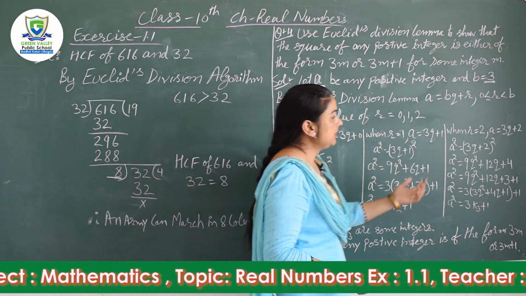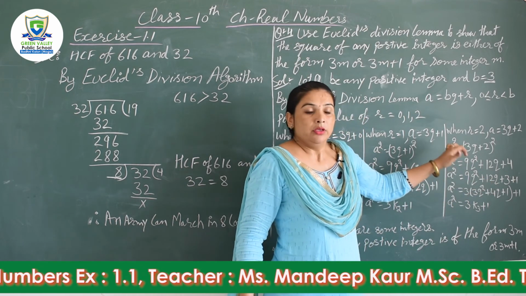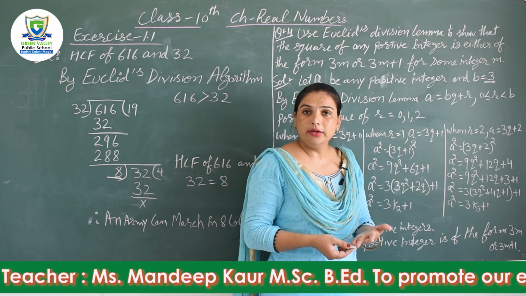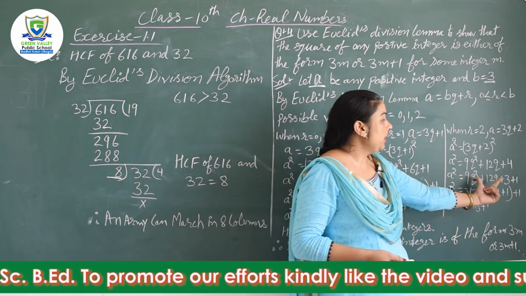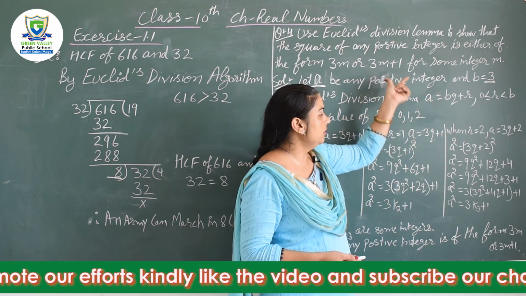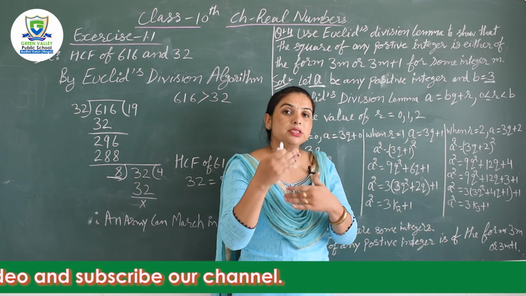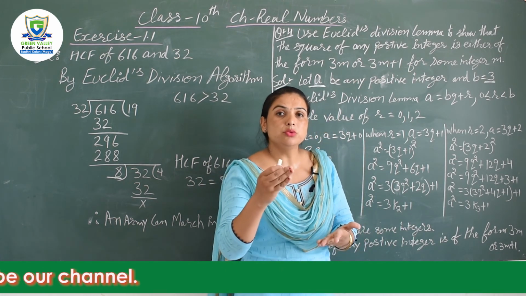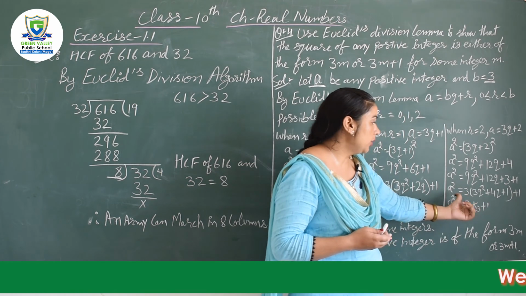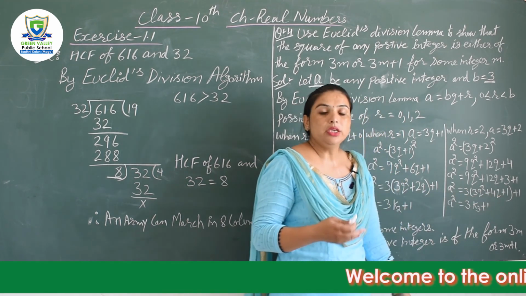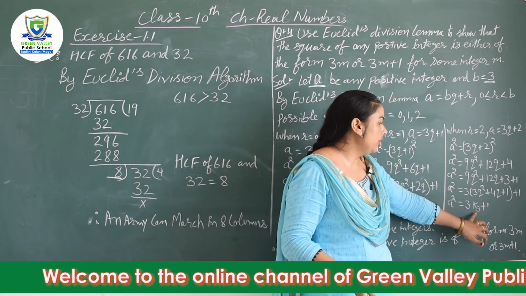In the same way, when we substitute the r value as 2, again we'll do the squaring of it, and by squaring we'll use the identity. After using the identity, students, listen carefully: to make it in the form of 3m plus 1, we have to break 4 into 3 plus 1, because for the plus 1 we need a 3. Why have we chosen to take out common 3 from the first 3 terms? When we take out 3 common, what is left inside? 3q square plus 4q plus 1. To this we have again given a name,